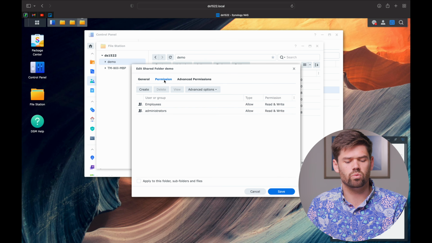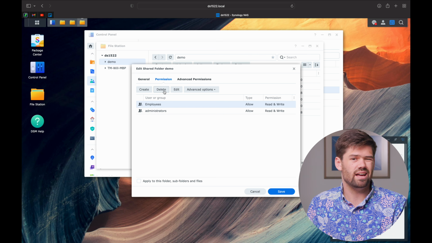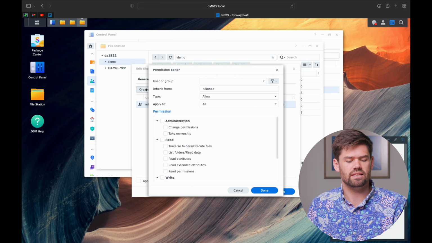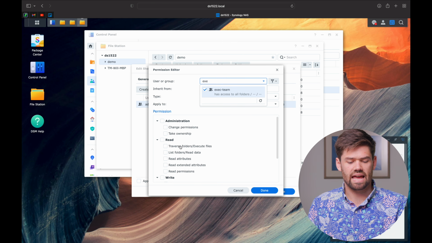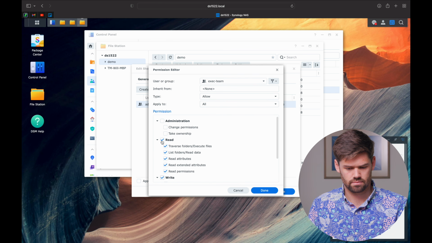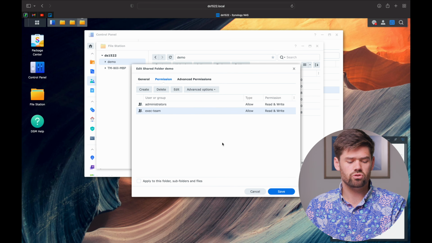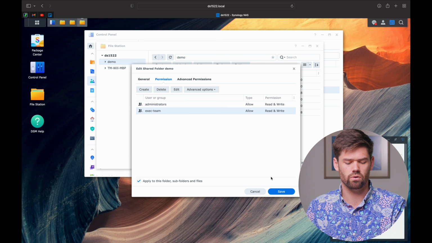So what we're going to do is we're going to modify our permissions. So instead of having employees have access to read and write, we're not going to give employees access to read and write from it. Instead, we're only going to give exec team read write. And so now to actually blow away all the previous work, we're also going to apply this to folders and